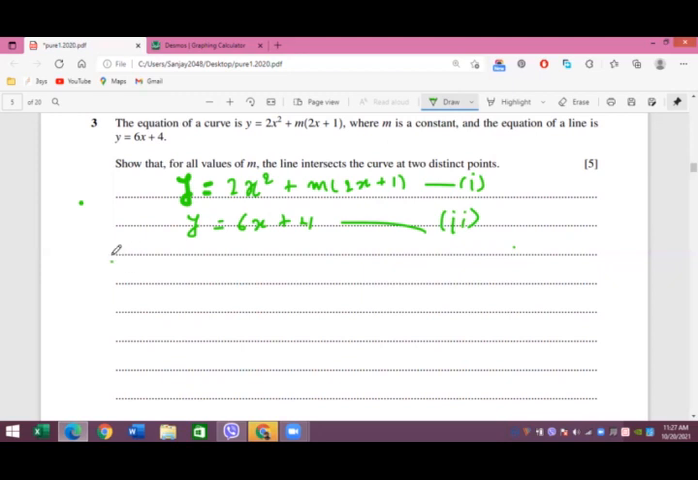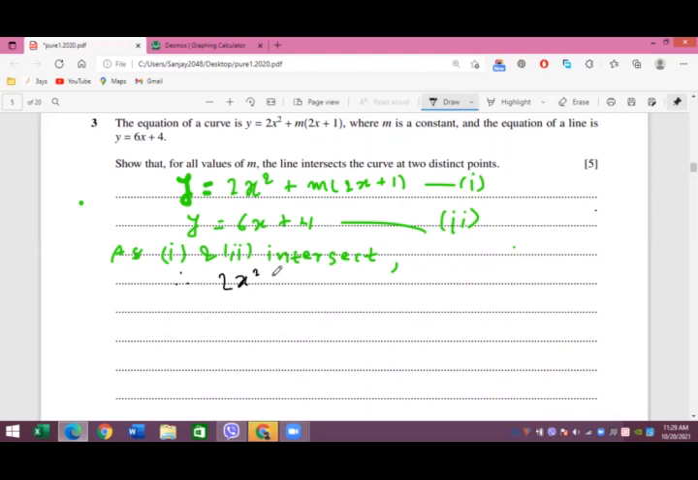So as the curve 1 and the line 2 intersect, we have to show that these two equations intersect at two different distinct points. First of all, we take 1 and 2 as intersecting, then we know that both equations will satisfy each other. So therefore you can write from 1 and 2,